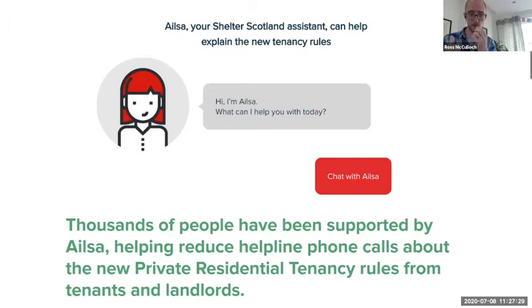So what I'd like you to think about is, how does content and how does that technology free up staff to help people with some of those more complex questions, rather than just repeating the same things over and over? Particularly for those of you in the room who are delivering advice and information services, these types of tools can be really useful.